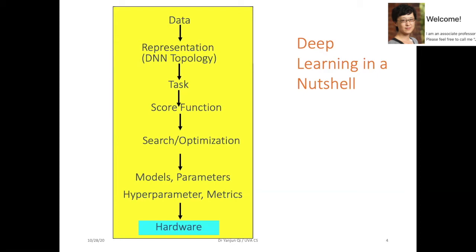So here I extract 7 variables to organize deep learning in seemingly orthogonal or disentangled coordinates. You can chunk deep learning with regard to the kind of data they handle. You can chunk deep learning with regard to the deep learning architecture or topology angle. You can also chunk according to tasks, according to scoring function, according to the search optimization strategy, according to the metrics, and then the last one,